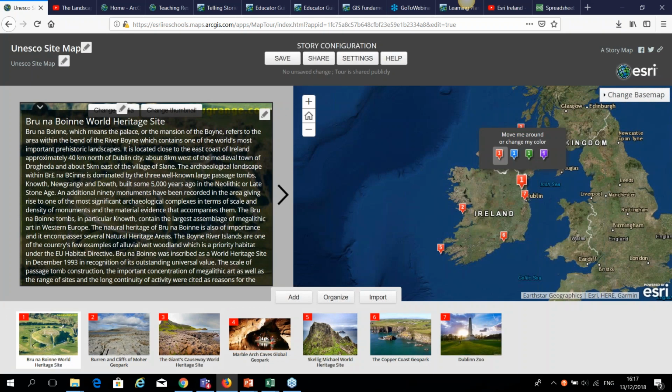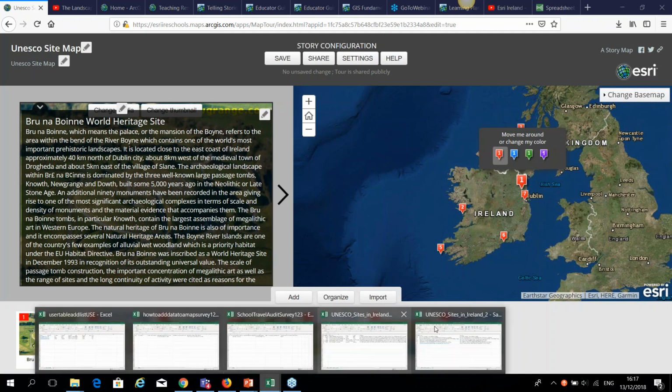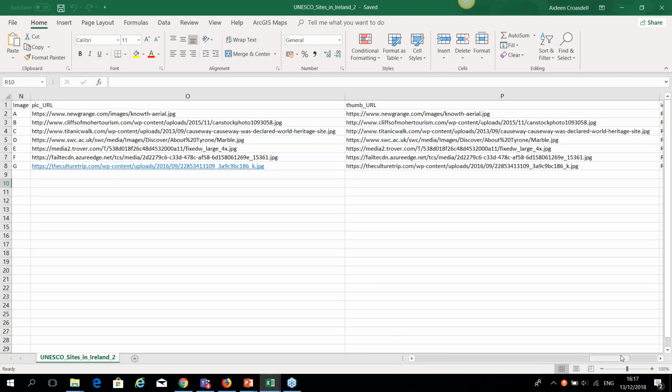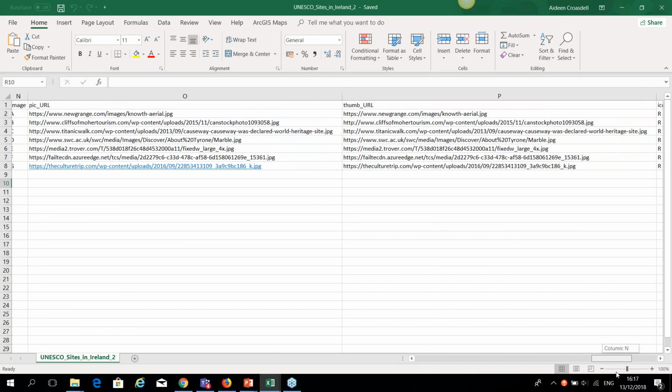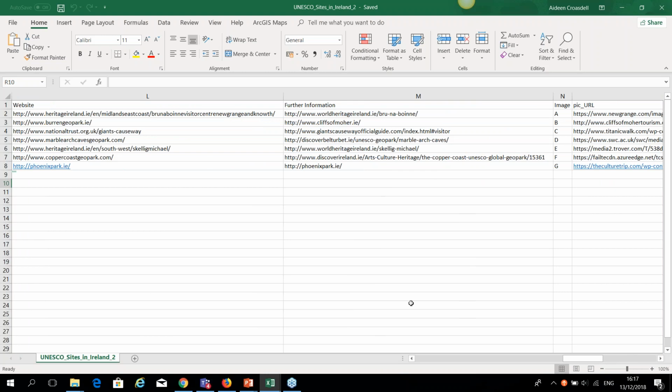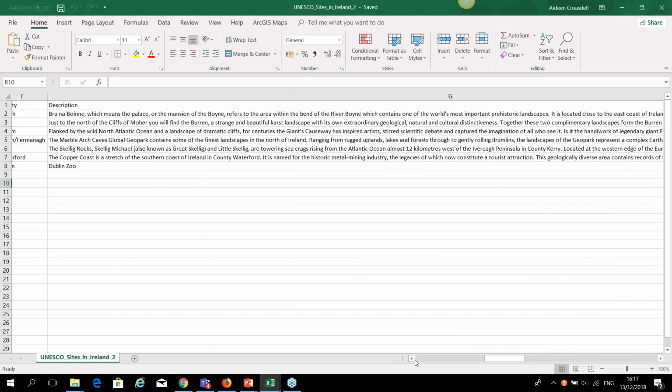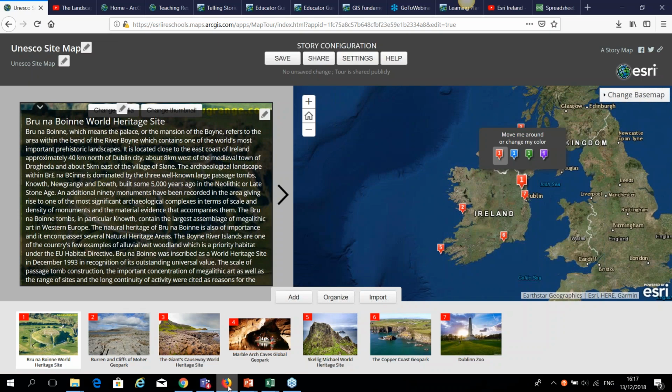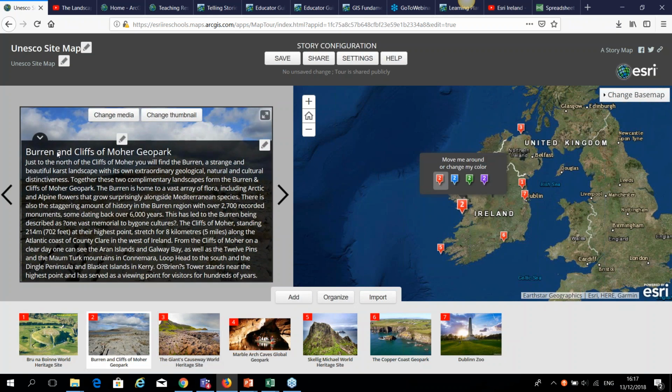And once you have your table configured in such a way with the right fields, it will look automatically like this. So this is the description field, this is the pic URL, which if you look at the CSV, you'll see I have all of these fields of information there. So it's just reading them off the CSV file and presenting them onto the map. So you can import more images or organize it. When you click through, it just